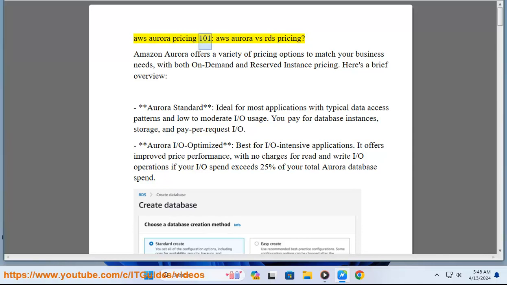AWS Aurora Pricing 101, AWS Aurora vs RDS Pricing. Amazon Aurora offers a variety of pricing options to match your business needs, with both on-demand and reserved instance pricing. Here's a brief overview. Aurora Standard, ideal for most applications with typical data access patterns and low to moderate I/O